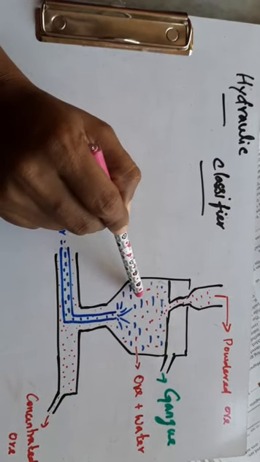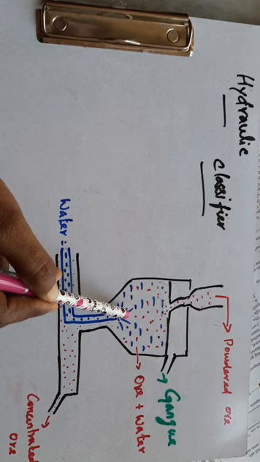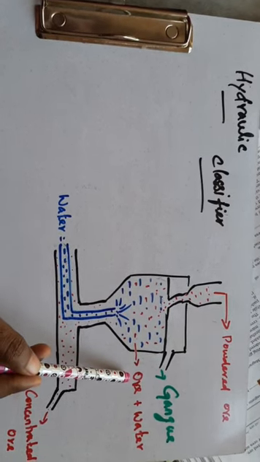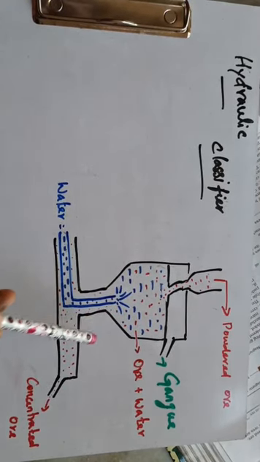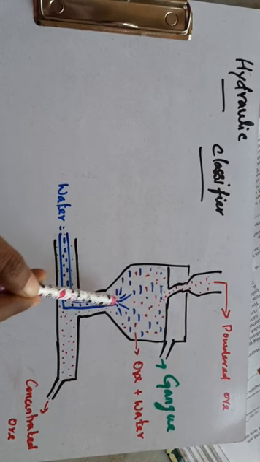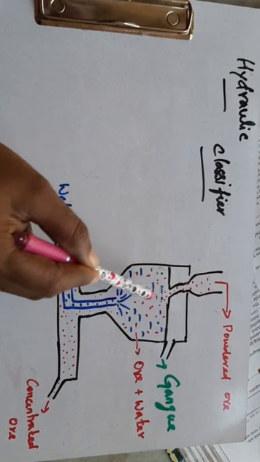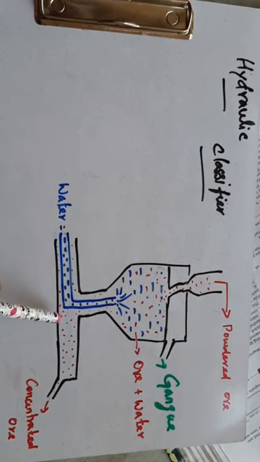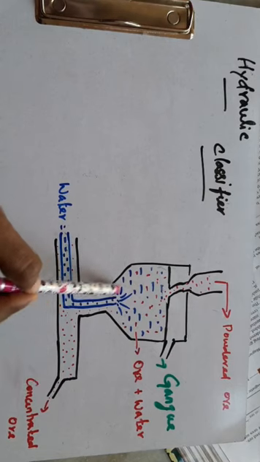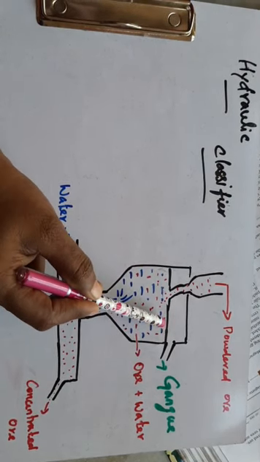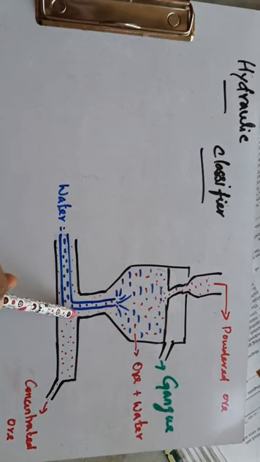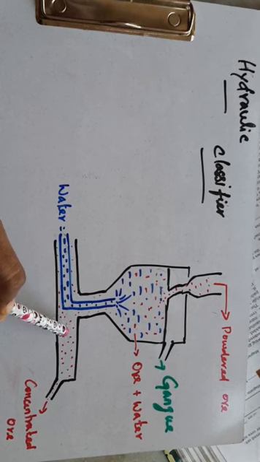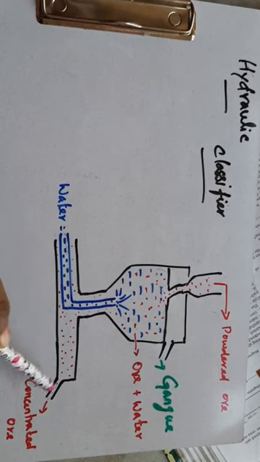Both the impure powdered ore and the water are mixed. That is the suspension of ore with water. That condition is called suspension, mixed with water. Simultaneously we apply the current of water through this way. All the heavier particles easily settle down at the bottom. All the impurities are at the top, because one outlet is present there so we can decant easily. The pure concentrated ore is settled at the bottom.